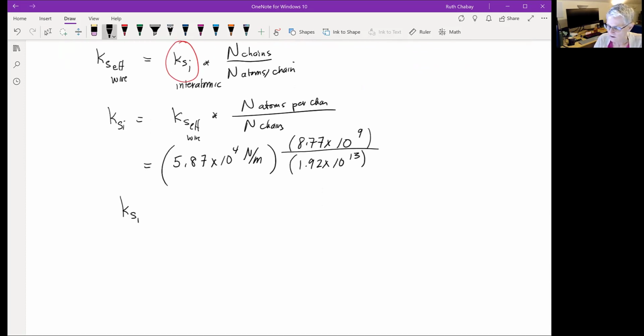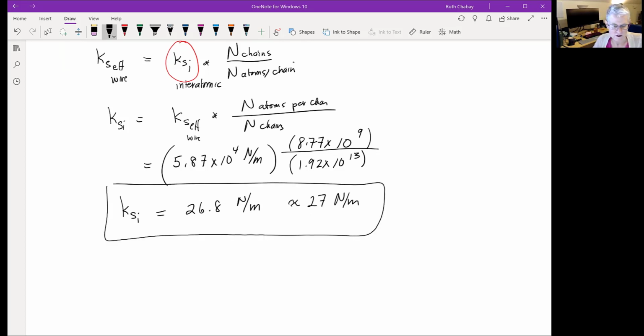And so it turns out that this interatomic spring stiffness comes out to about 26.8 newtons per meter, so around 27 newtons per meter. So it's kind of an ordinary number, and that's the stiffness of a chemical bond here,